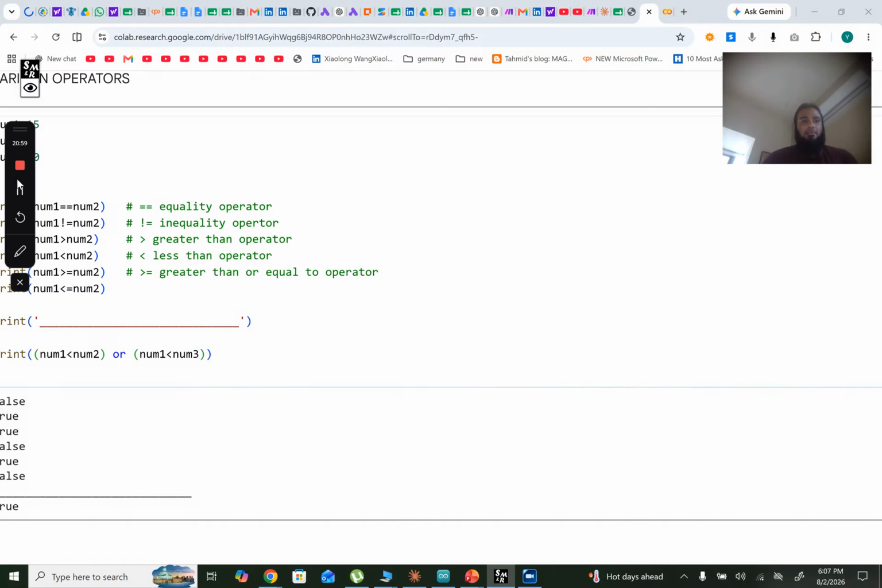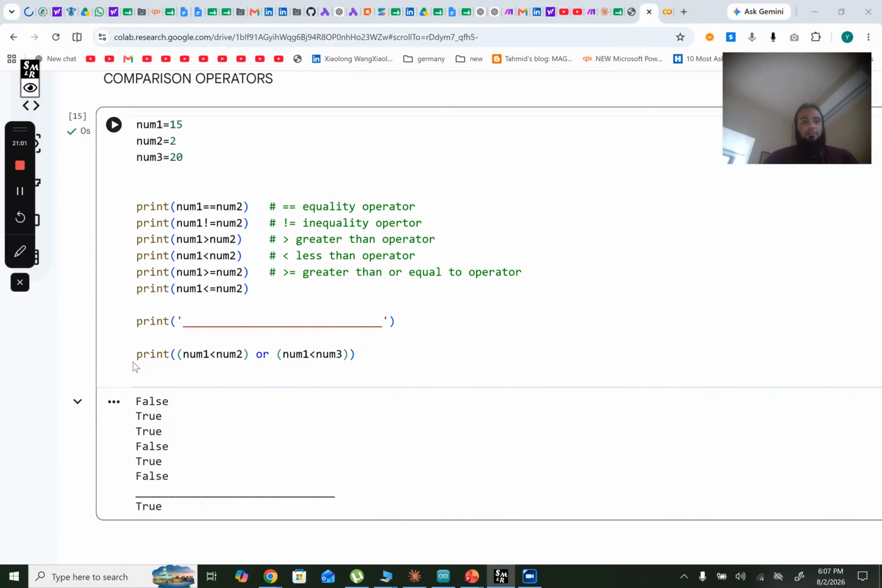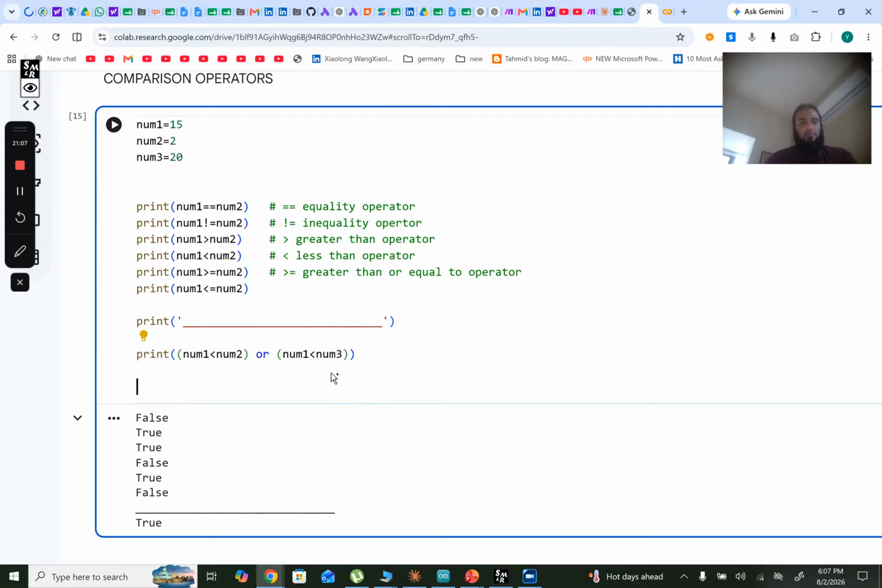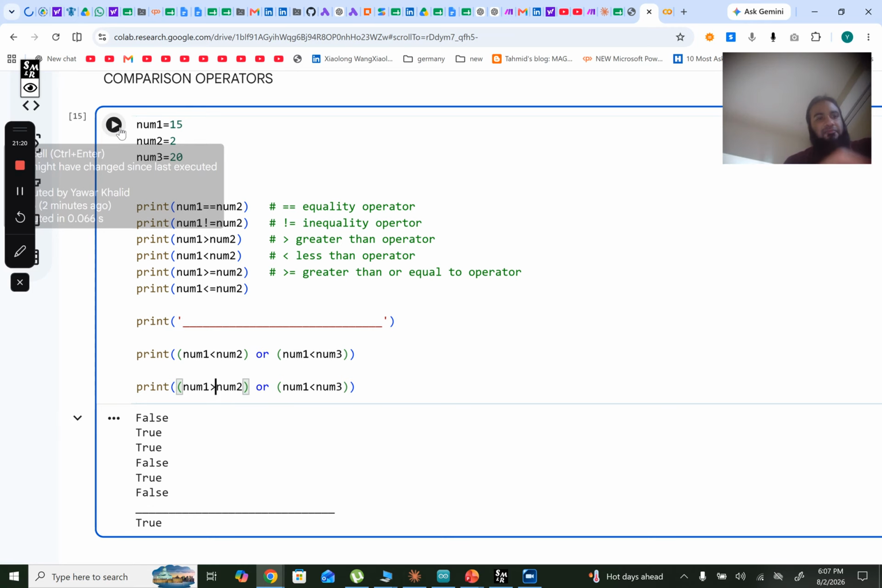So let's see this thing in action. Let's write the same statement again. Copy the same statement down. Print, now I am going to put print num1 is greater than number 2. Okay, so let's first see